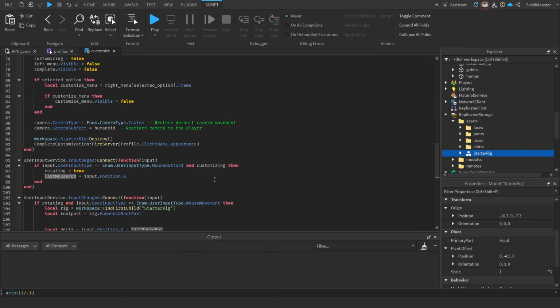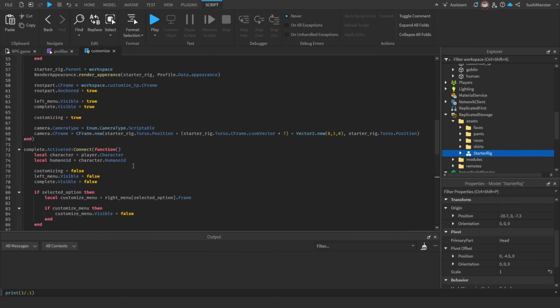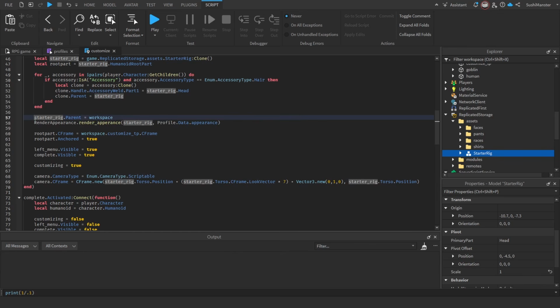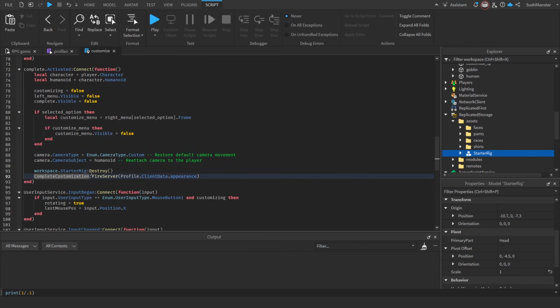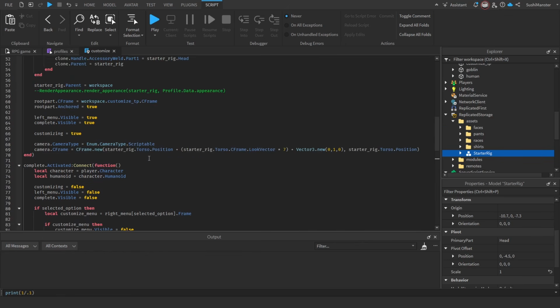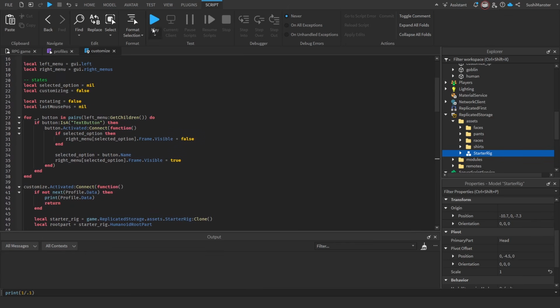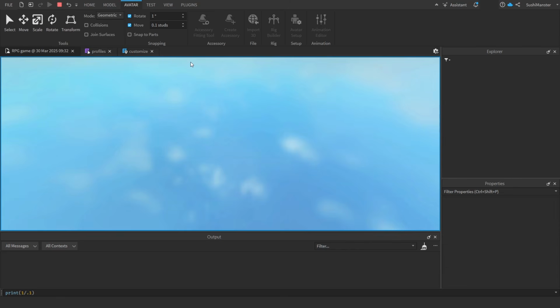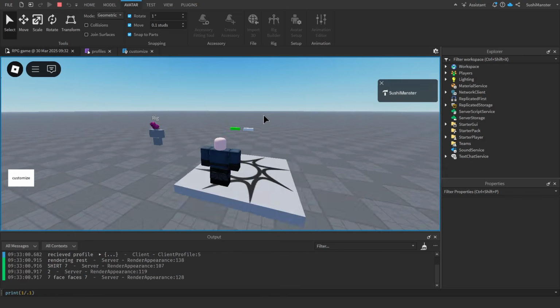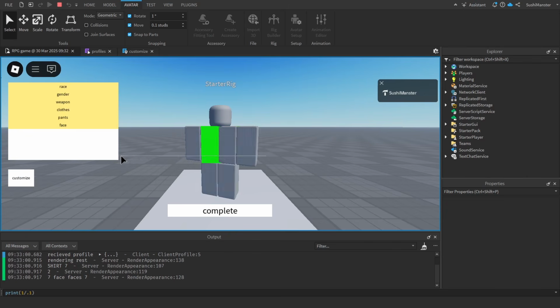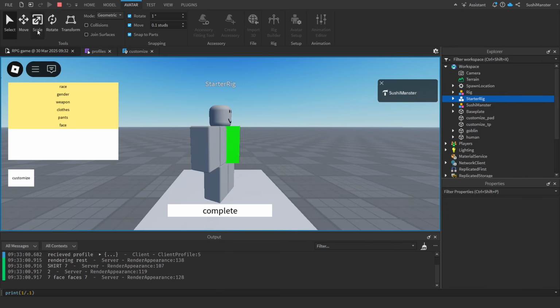and it can rotate. So let me comment out the script that you wouldn't have, which is render appearance, which is a FireServer. You wouldn't have this, right? So now what customize would look like from your perspective is this. It's just a dummy. You can spin it around, which is cool, but